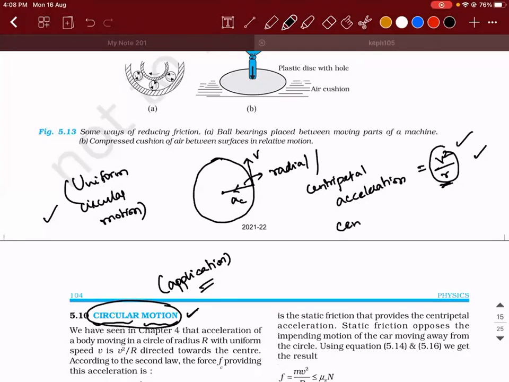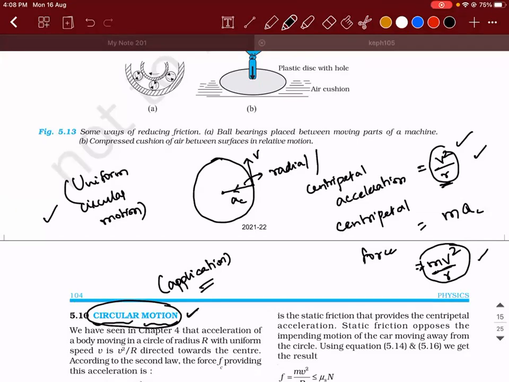If I ask you what will be the formula for centripetal force, can you guess it? It should be mass into v square by r, mass into centripetal acceleration. So it should be mv square divided by r. This is where you need to be clear, guys. mv square by r is a fixed quantity. That is always a centripetal force. But in reality, there should be some force that is providing the necessary centripetal force for an object.